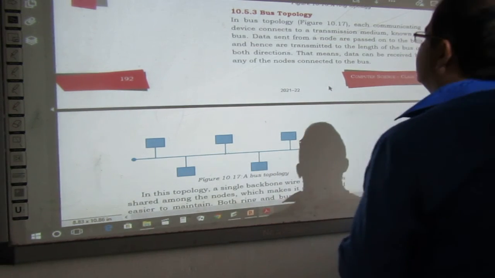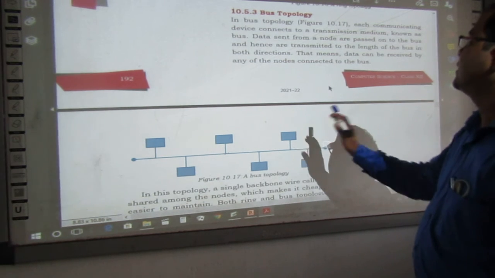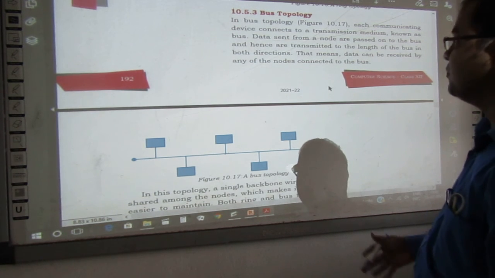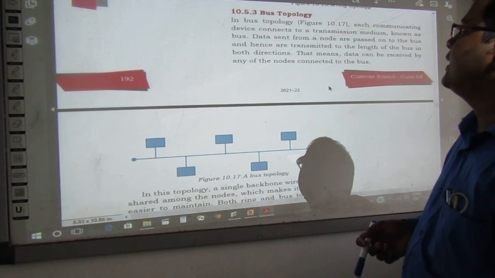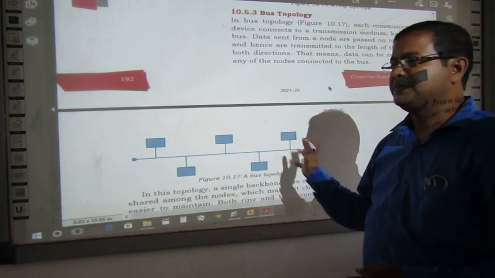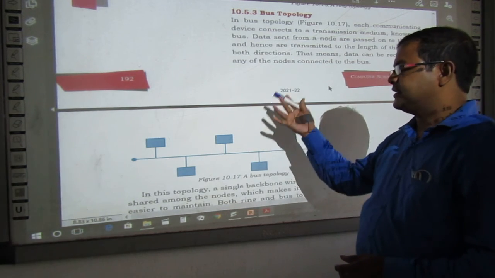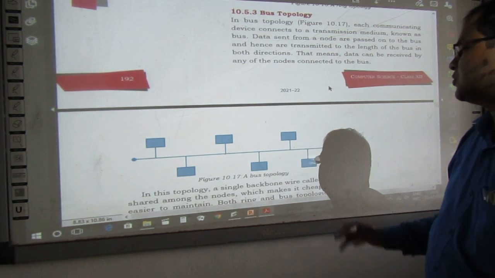Bus topology. This is a bus topology. Here each communicating device connects to a transmission medium known as the bus, and data sent from one node passes to the other nodes, and hence is transmitted along the length of the bus in both directions. It's bidirectional. In this topology, a single backbone is shared among the nodes, which may be